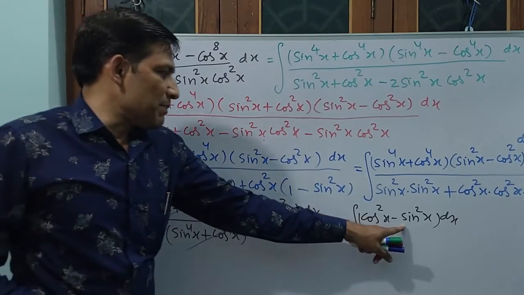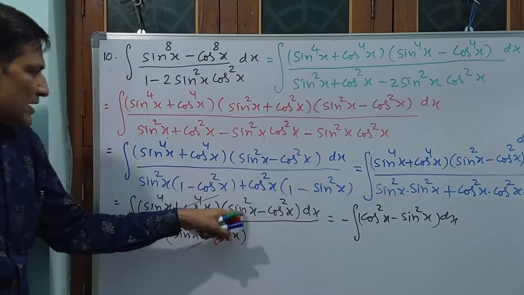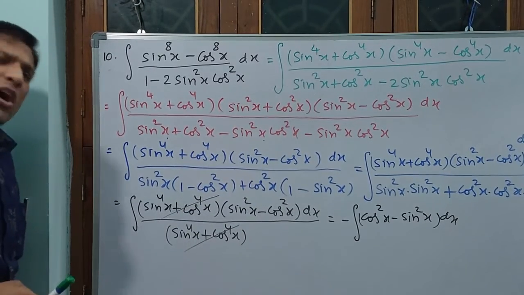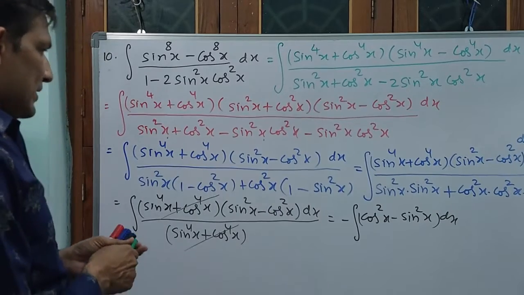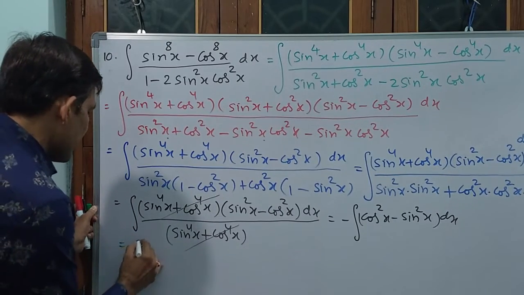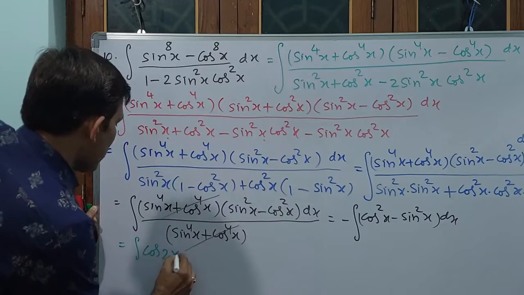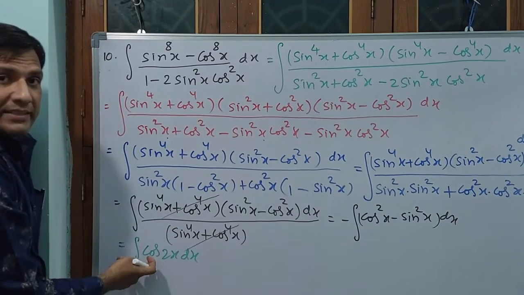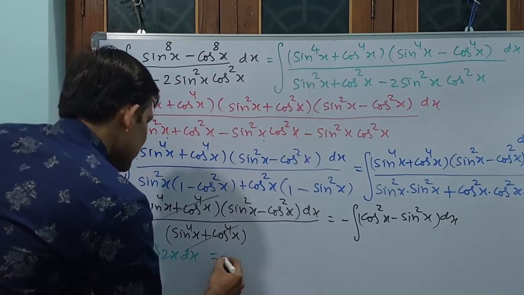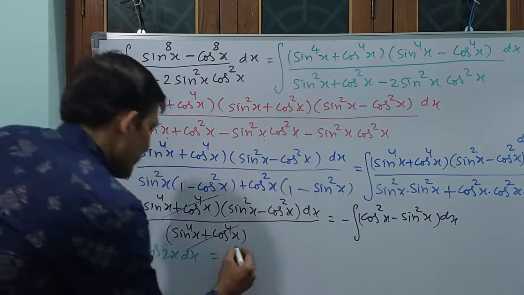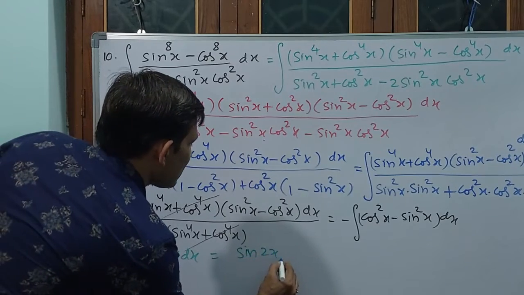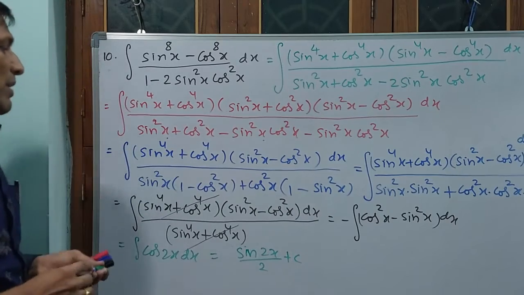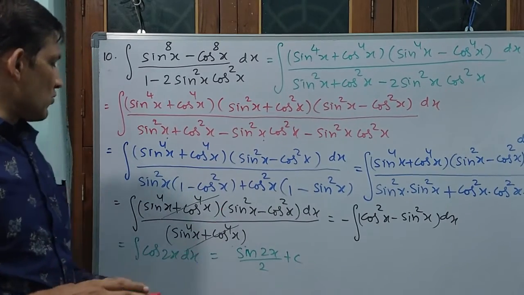Minus, if you send it automatically, plus sin square x minus cos square x plus sin square x minus cos square x. What is cos square x minus sin square x? Cos 2x. That's all, write down. That is equal to integral cos 2x dx. That means this entire thing finally became integral cos 2x dx. Integrate this. Easily you can integrate: sin 2x by 2, sin 2x divided by 2, plus c. That's all. 1 by 2 sin 2x, or you can write sin 2x by 2 also.